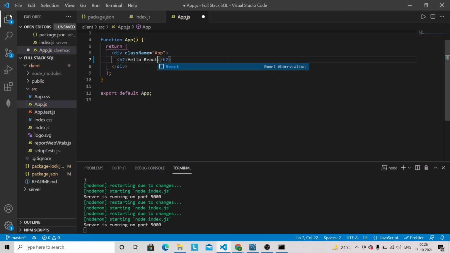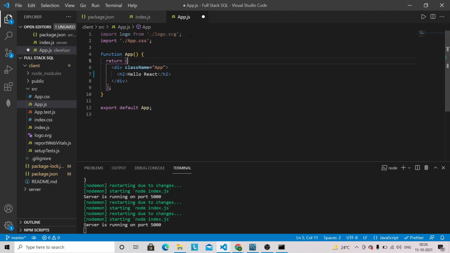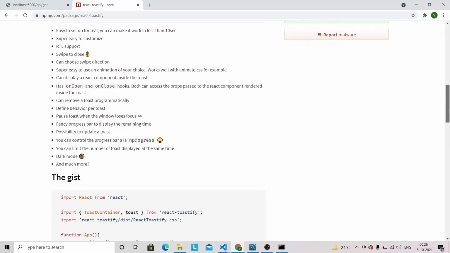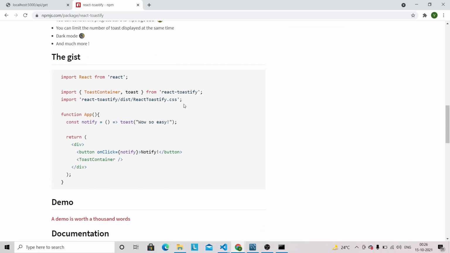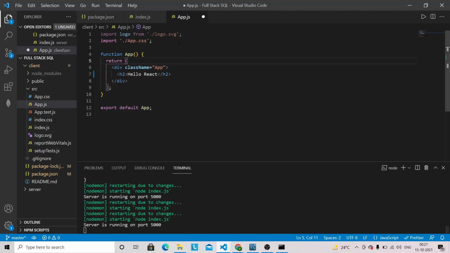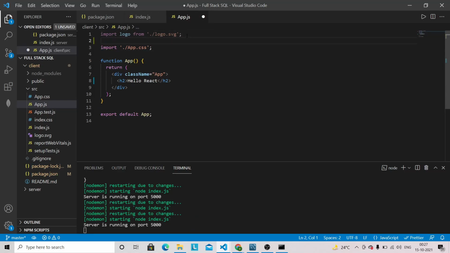Okay, and I will also do a configuration of React Toastify. I am on the official npm package page of React Toastify, and we need to copy a couple of things. So let's copy this import statement, go back to Visual Studio Code, and paste it here.